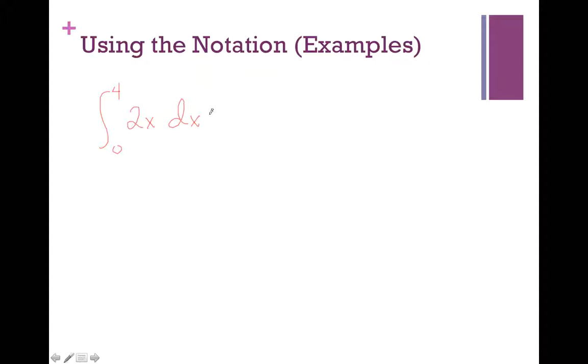Now, we don't really know exactly everything that needs to be done here using anti-differentiation and all that sort of stuff because we're just starting out. So what we do is we look at this graphically. And if I draw the line y equals 2x, or f of x equals 2x, and I want to integrate between 0 and 4